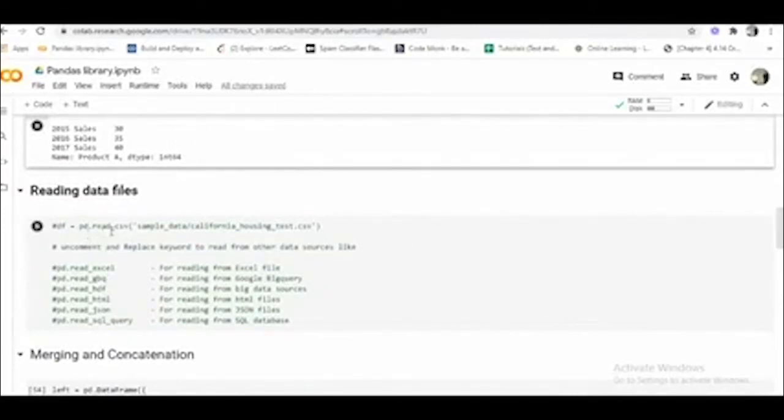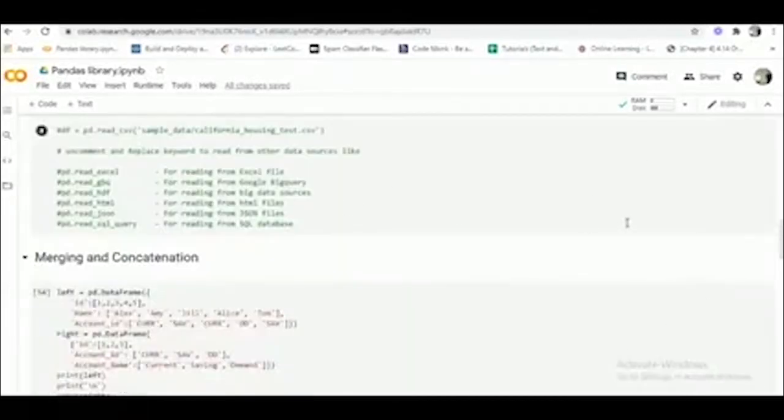There are different data file formats, such as CSV files and Excel files. pd.read_csv is going to read a CSV file, and pd.read_excel is going to read an Excel file. We use pd.read and then the format of the file, and then it is going to read the file.